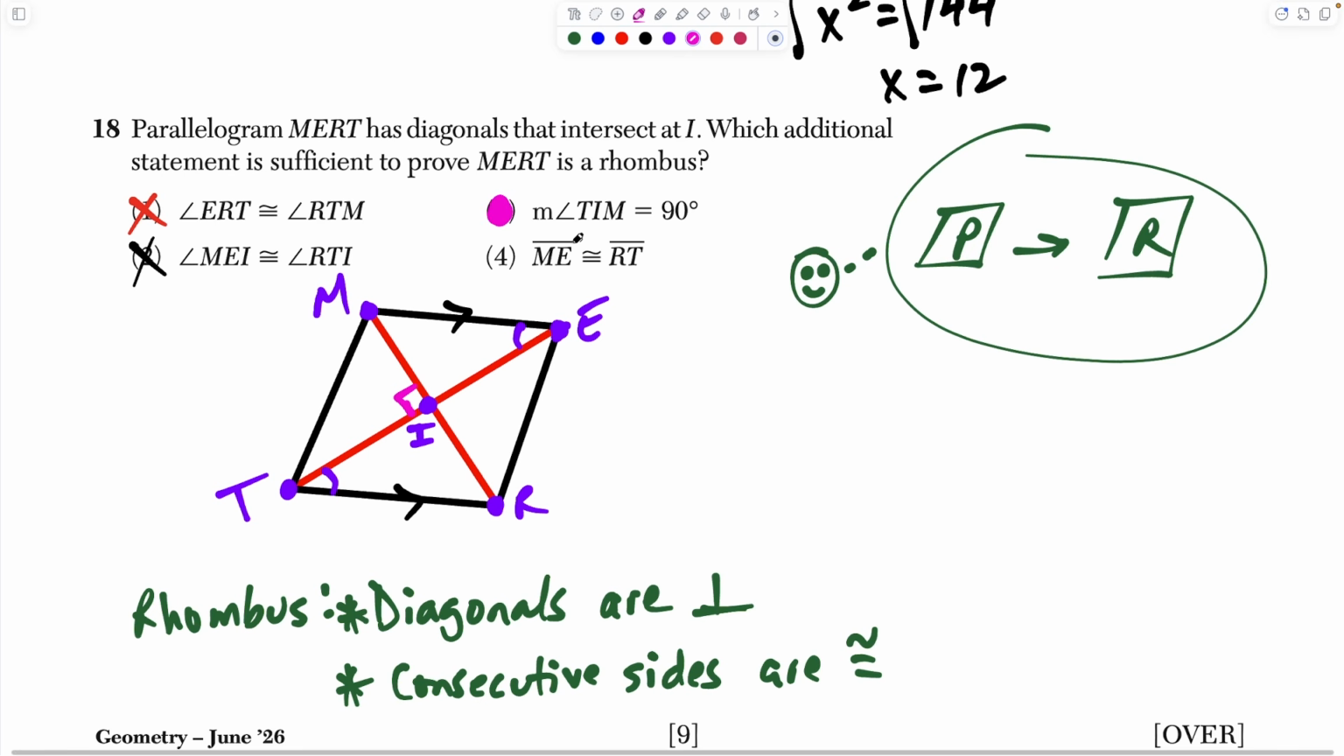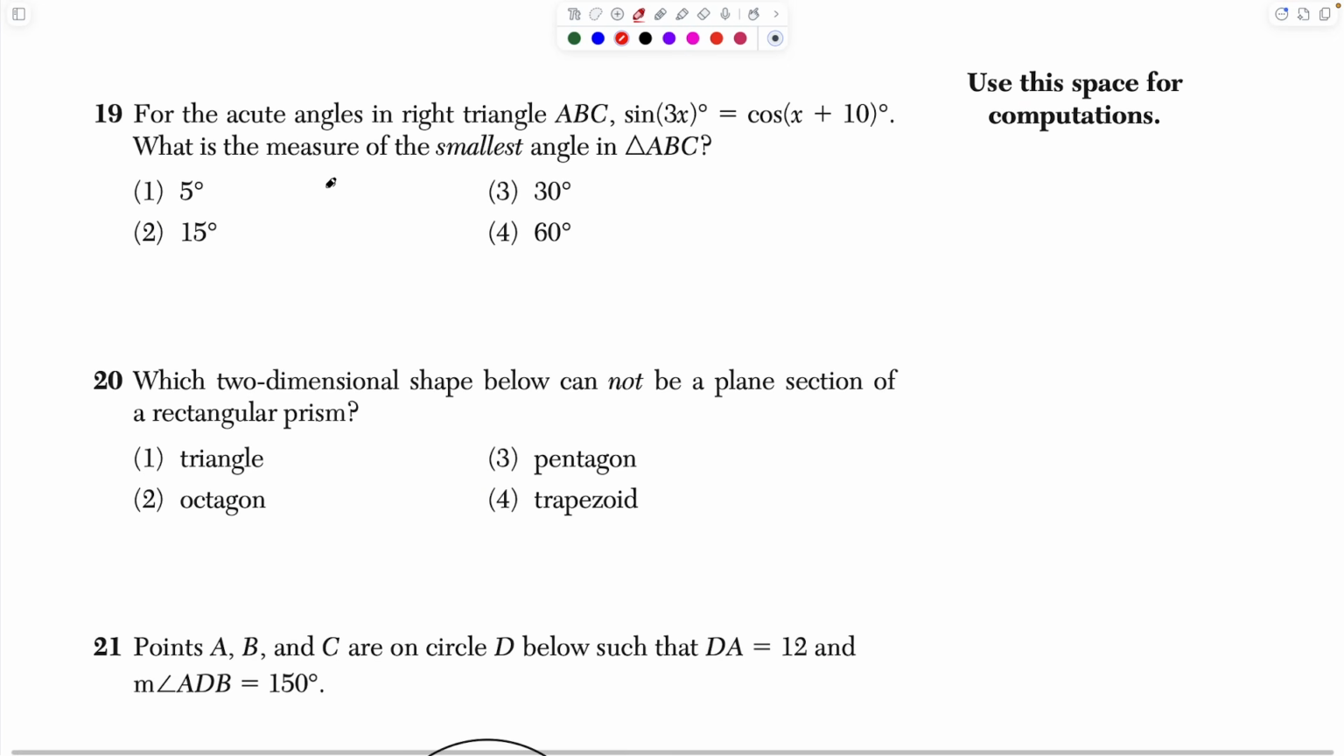Now, why is choice 4 no good? ME is congruent to RT. Well, this is true for any parallelogram. Opposite sides of a parallelogram are congruent. So that's nothing special. Yes, it's going to be true for a rhombus, but it's not enough to upgrade. So choice 4 is out. Definitely choice 3. Question 19, for the acute angles in right triangle ABC, sine of 3x degrees equals cosine of